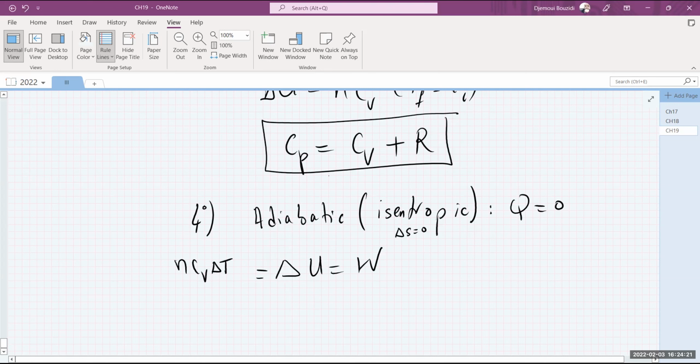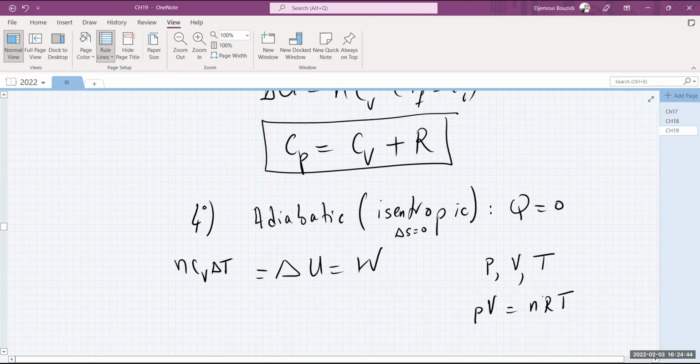The difficulty with this process is everybody changes. P is changing, V is changing, and T is changing, okay? Everybody's going every which way. So we needed a way to find how P and T are related to one another, because if I find how P and T are related to one another, I can always find this relationship and find the missing link.